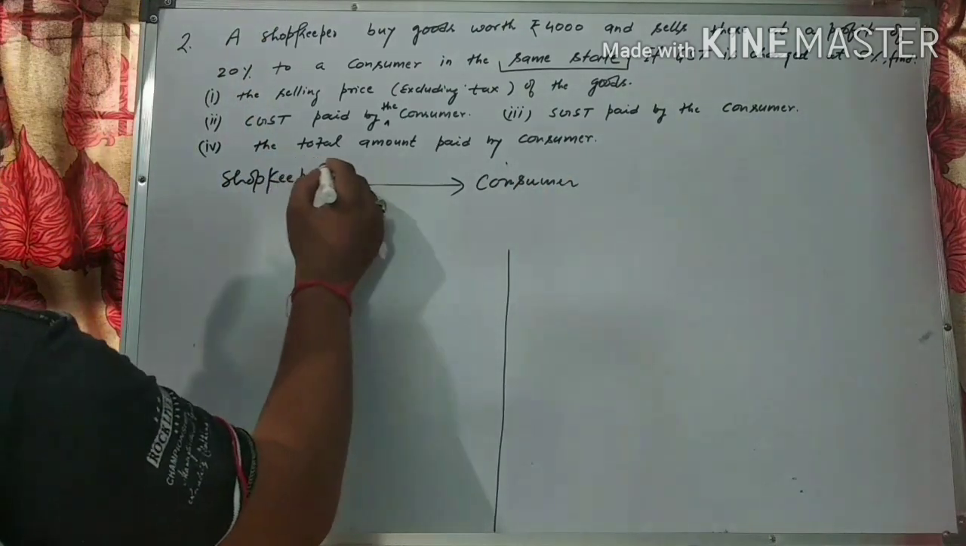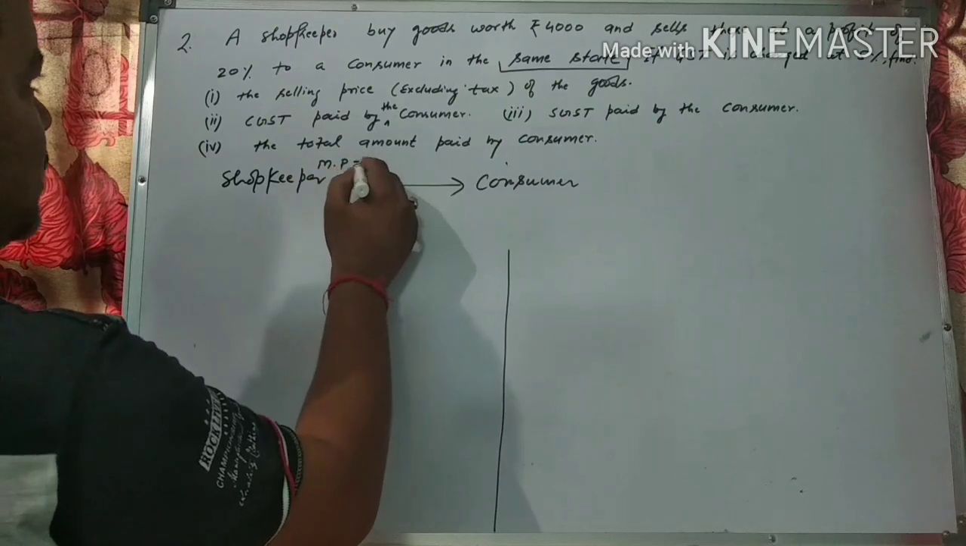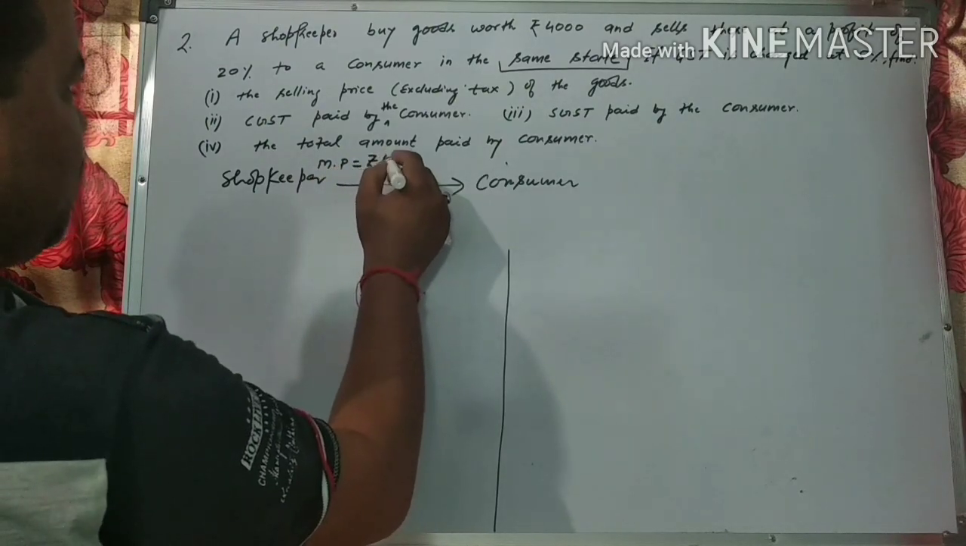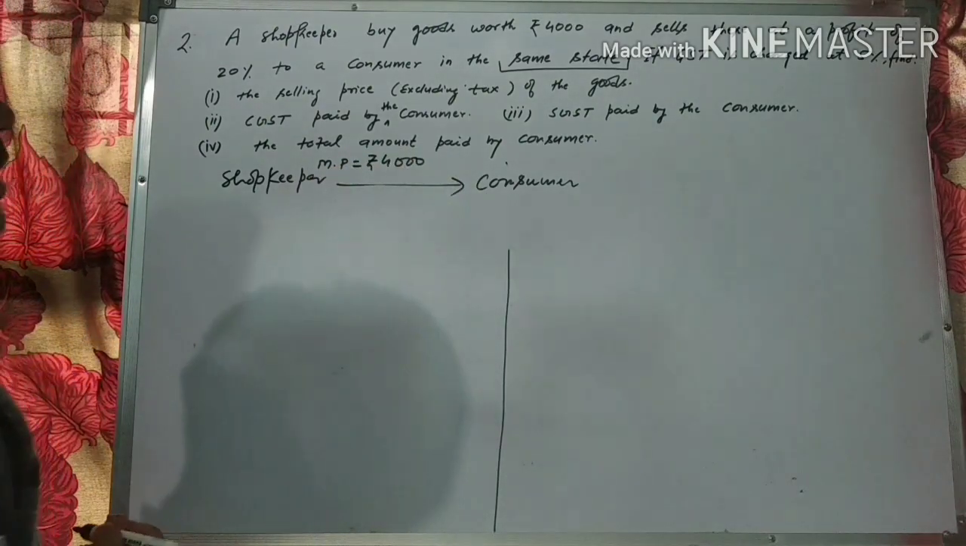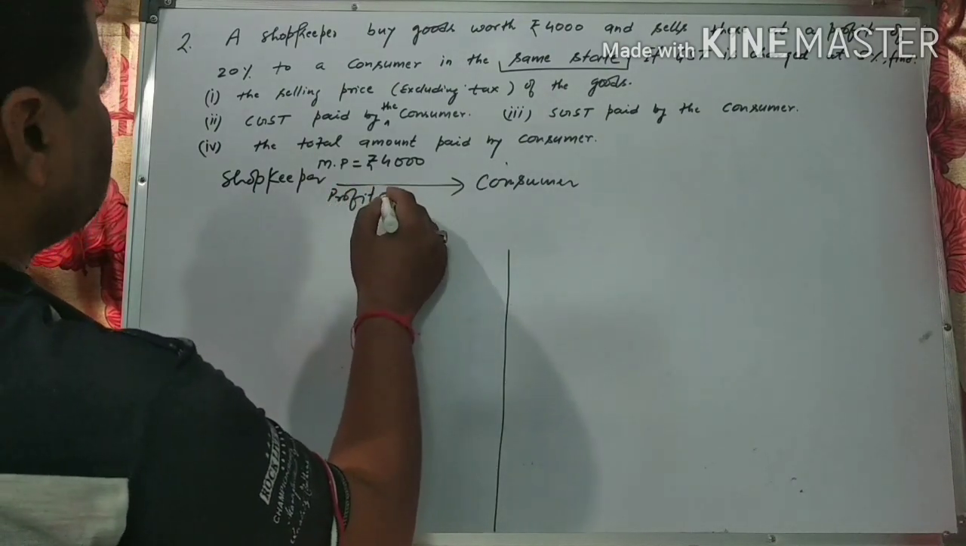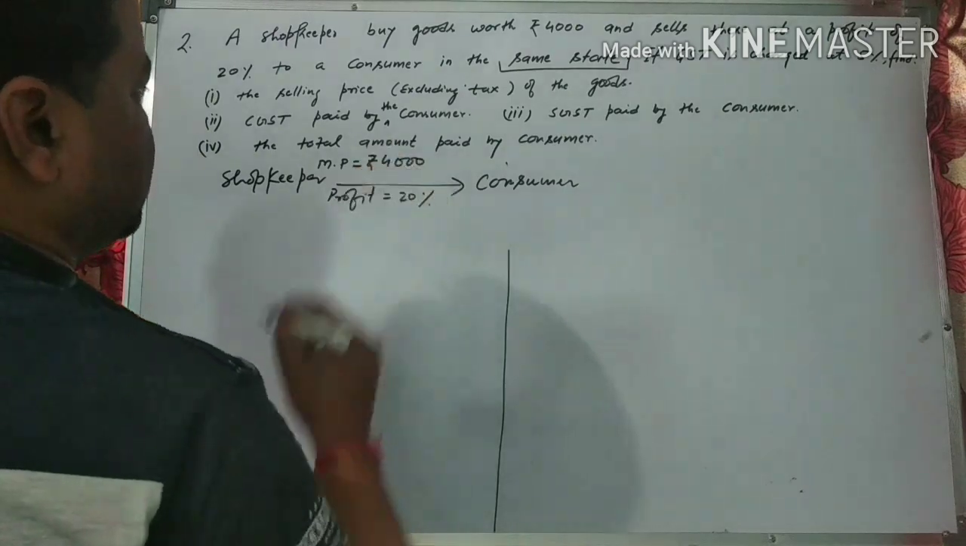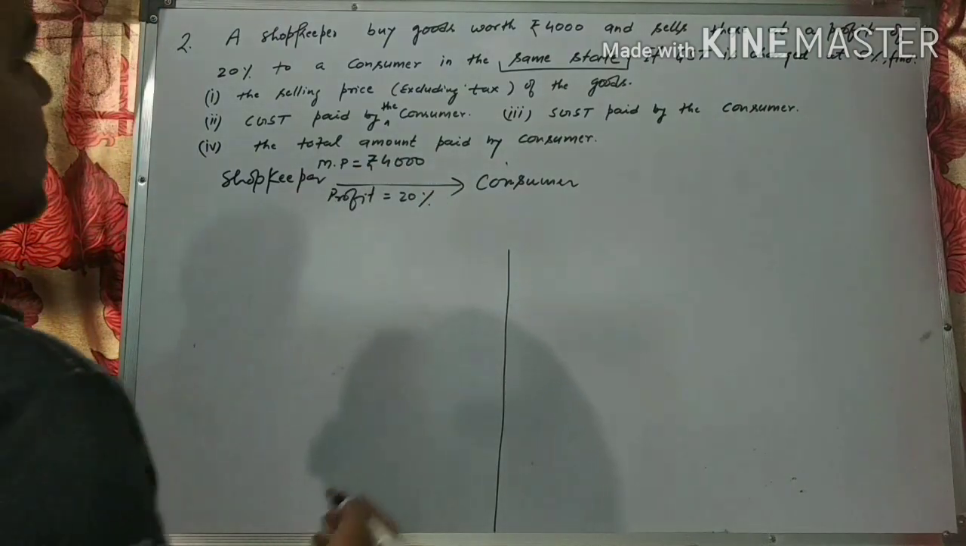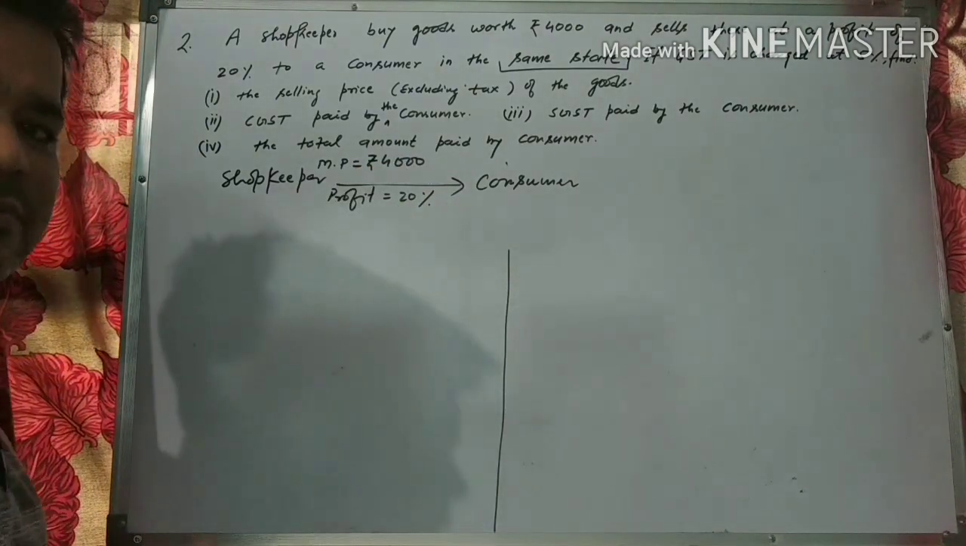Actually it's a marked price. Marked price is how much? That is rupees 4,000, and profit is given, which is equal to 20%. Okay, since this is a matter of the same state,